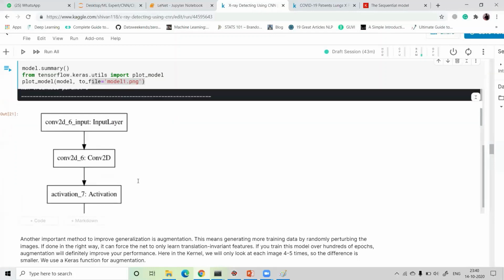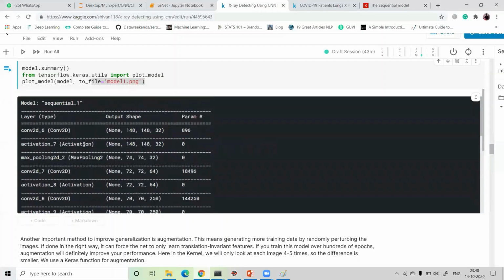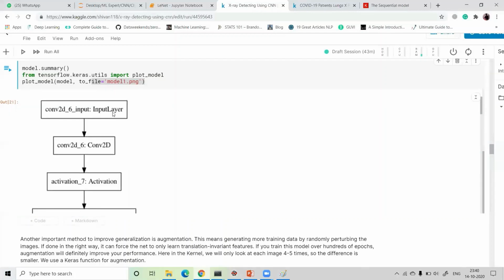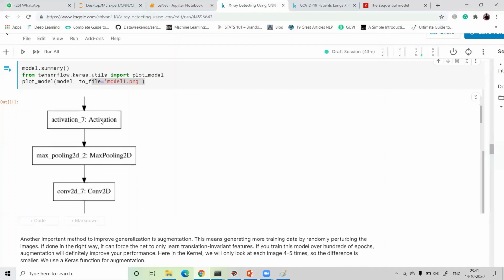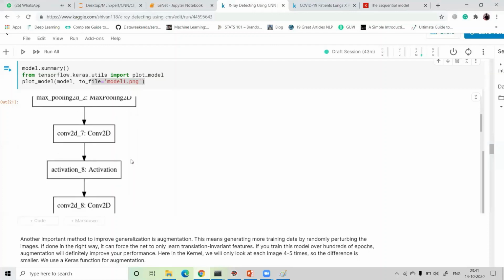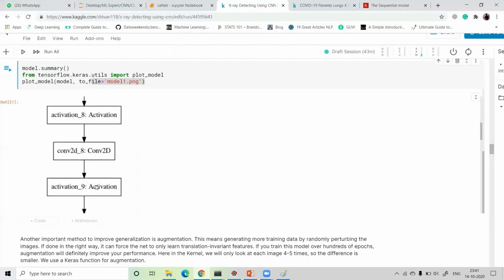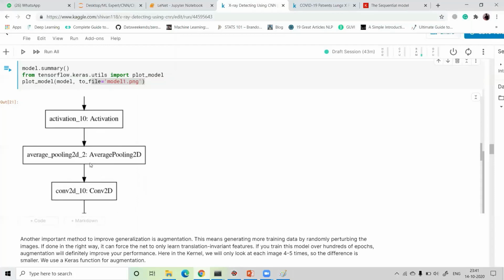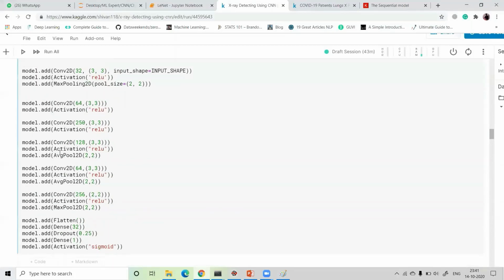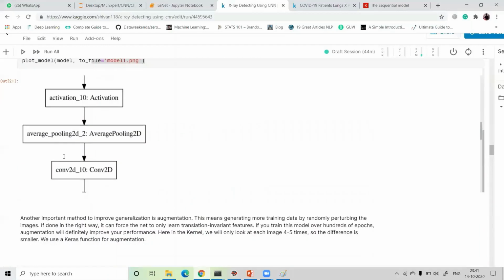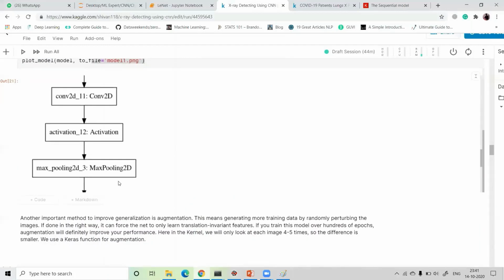Okay. Next, this is our model. First, this is our input layer. After that, we have Conv2D with the ReLU activation function. Then we take a max pooling. Again I take a Conv2D, then the activation function, Conv2D, activation function. Then we use an average pooling. I will show you again. See, first we have used a max pooling, then we use an average pooling. Same thing here. Then we use a convolution. This is your model printing, guys.